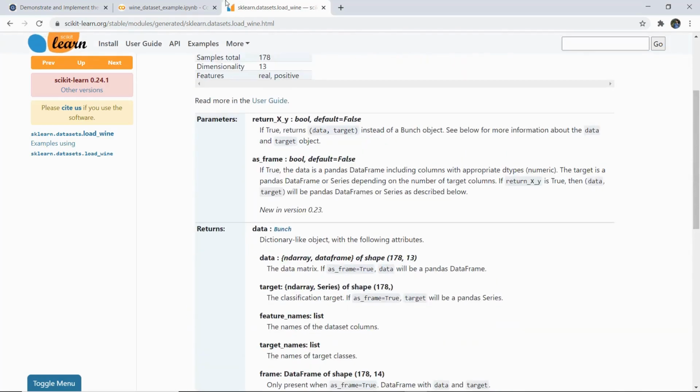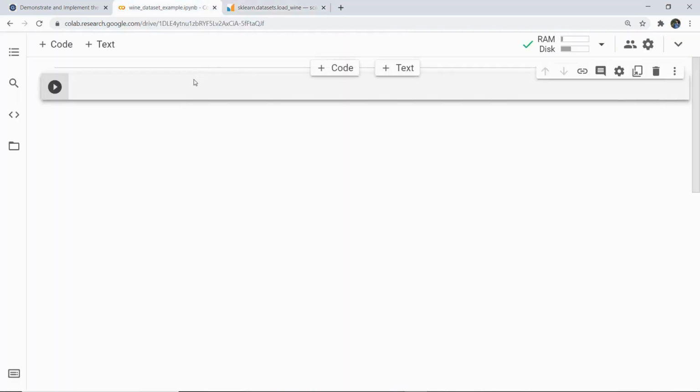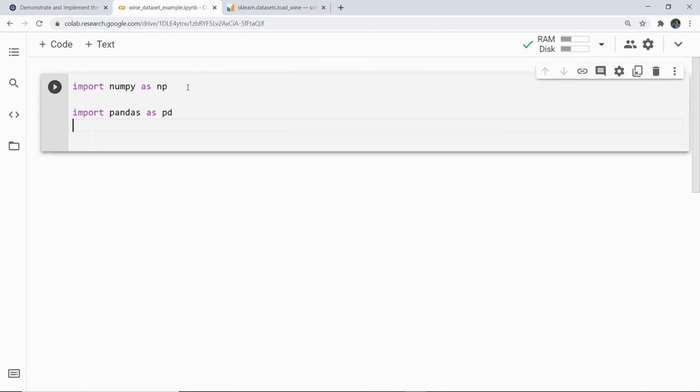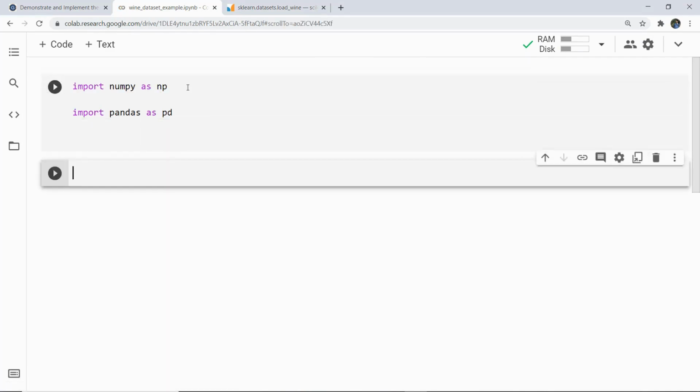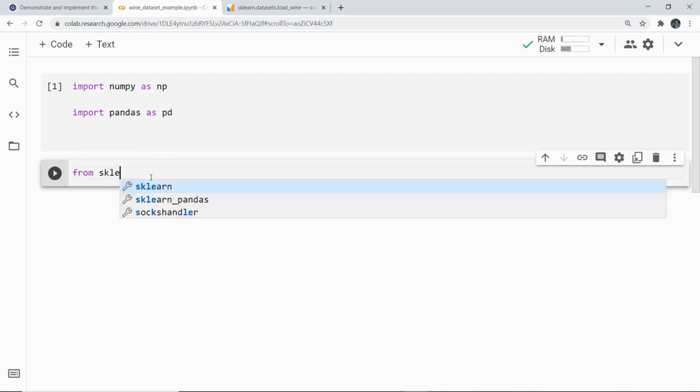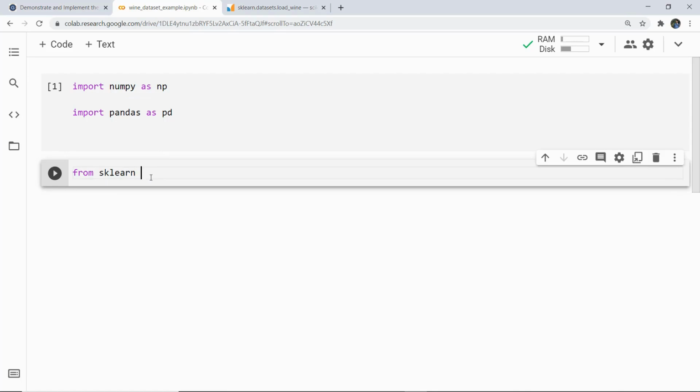So next we are going to implement it, and firstly I'm going to import the libraries which are required. Here you can see that I have imported NumPy and pandas as np and pd. Next, I have to import the dataset and then load the dataset, so that we are using from sklearn. So I have to write here like this: from sklearn import